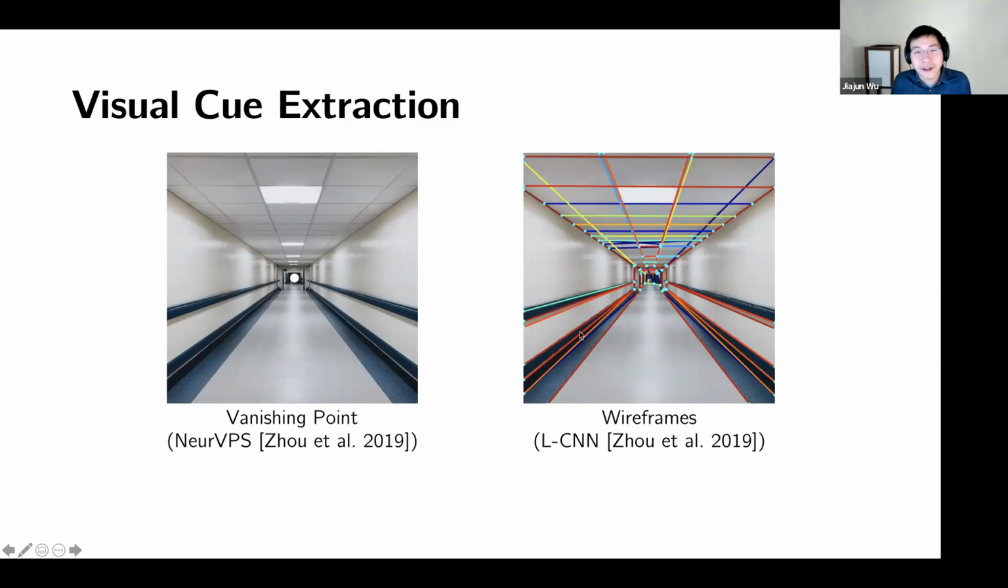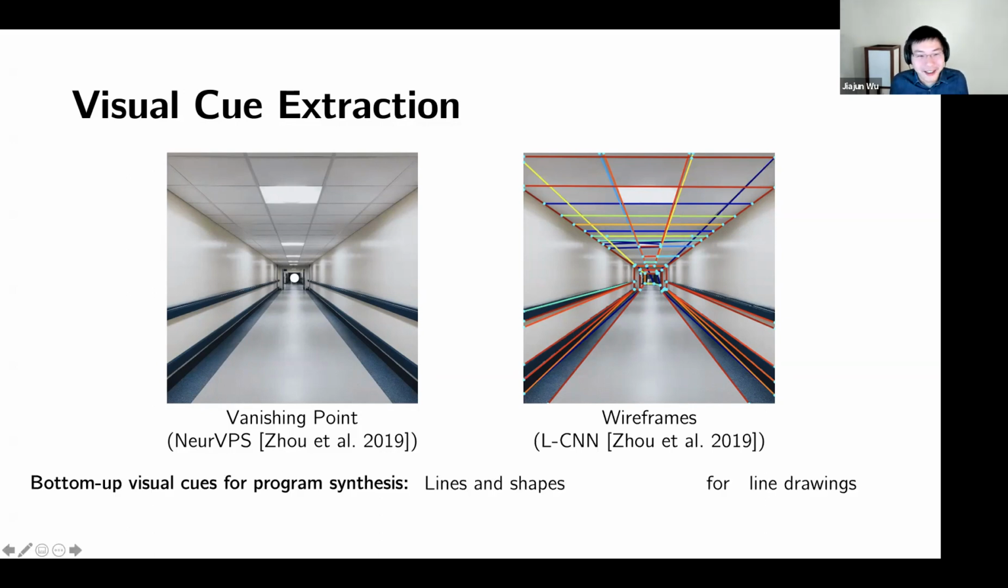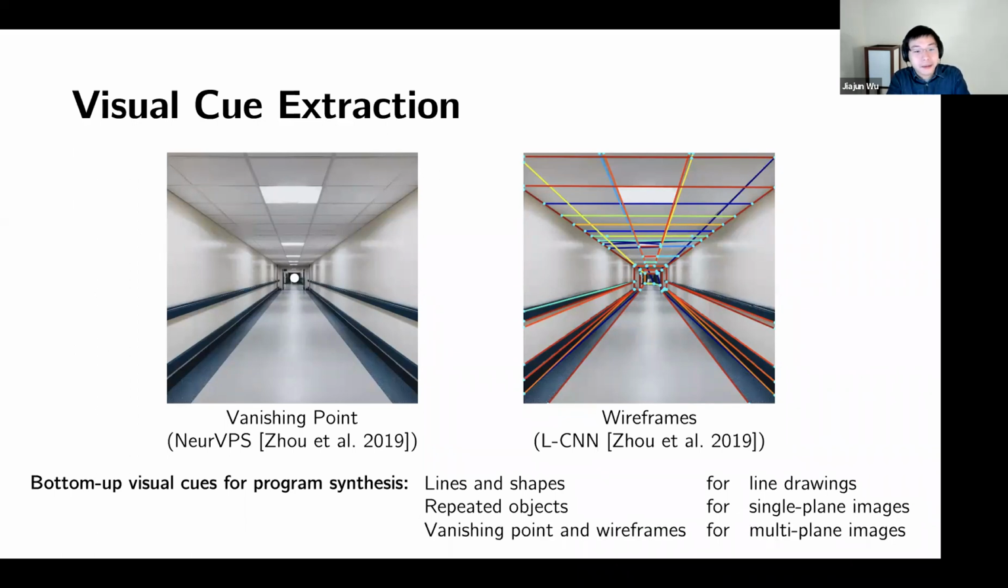Although this may look very different from what we did before, it turns out conceptually it's very similar, in the sense that, to synthesize programs for line joins, we first find primitives. Those primitives are lines and rectangles or squares. To synthesize programs for single plane images, we want to find low-level cues, and the low-level cues there are repeated activations, which hopefully correspond to repeated objects. And here you want to synthesize planes for